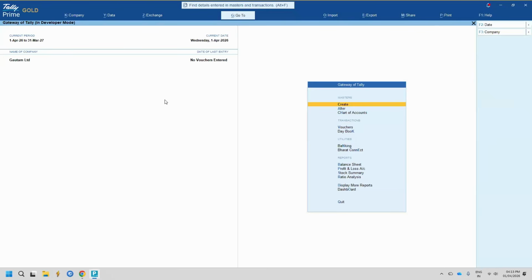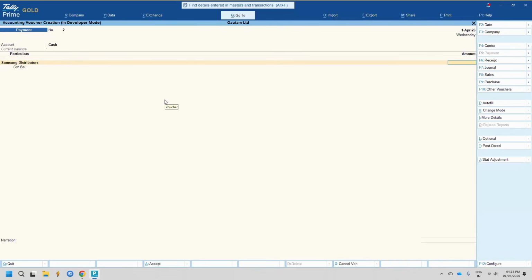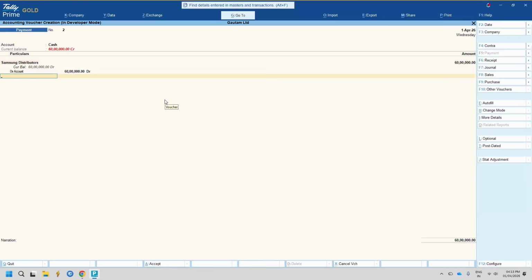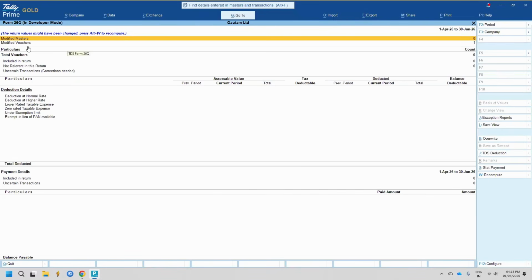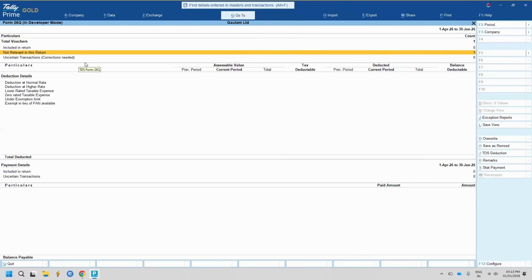Okay. Now this time I am making a payment to my supplier, and definitely it should be from bank account, not from cash, if the value is exceeding 10,000. Let's suppose I am making 60 lakh rupee advance, like this. And now if I am trying to view 26Q, if I recompute, you can see it is coming under not relevant in this return,